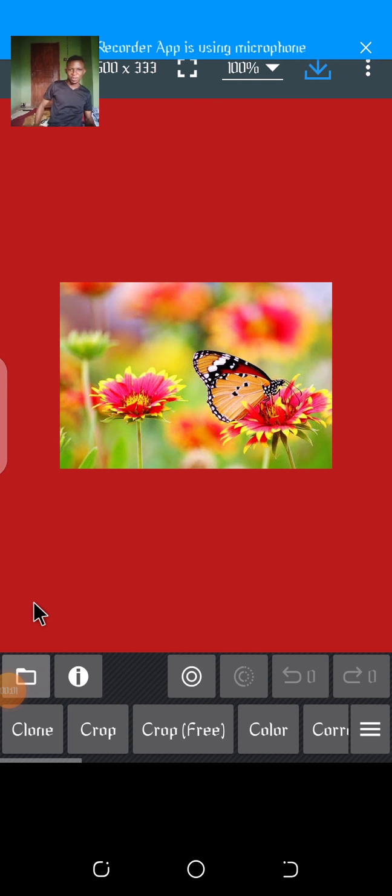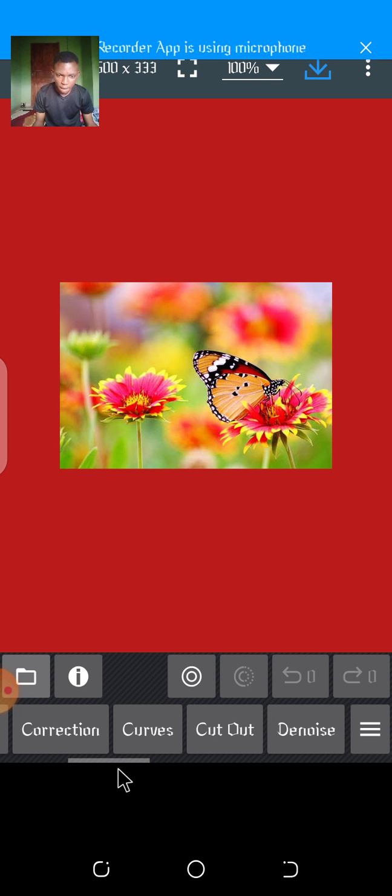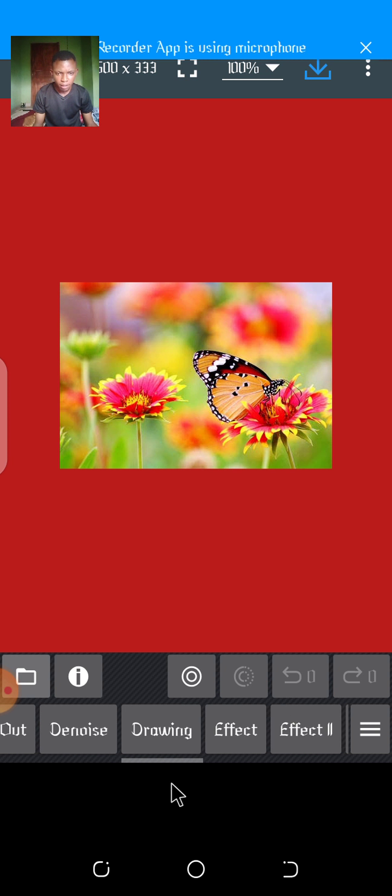Everyone, I know you really love using this app. It's a very good tool for you to do some graphics work on your phone. Now, the next tool that is very important here is actually the color tool, which you have in your phone gallery too, but this is a very special one here. The color tool, the correction tool, curve, and also